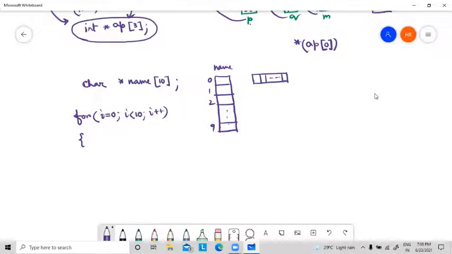So every time I will allocate some memory. So if it is, instead of student names, a 2D array, then see, when I run this for loop and store the names, if I write it, it will be like this: scanf %s, then name i. So in this way I have to store.